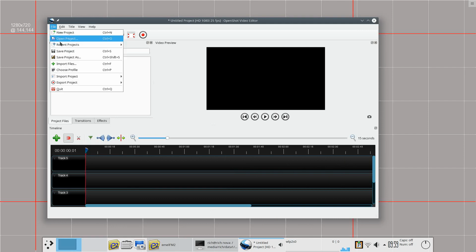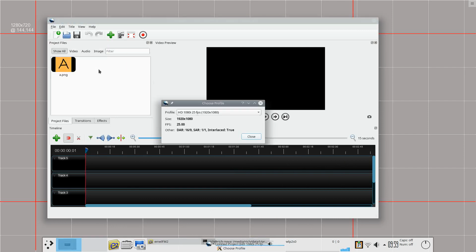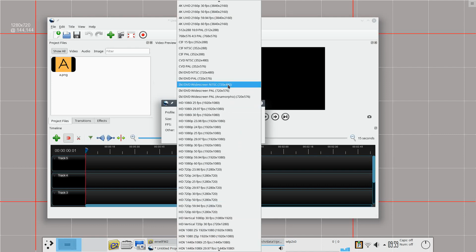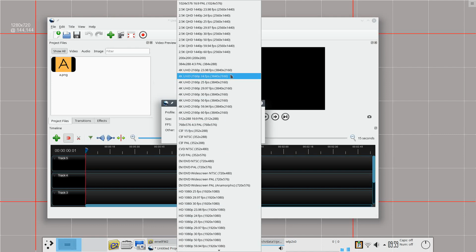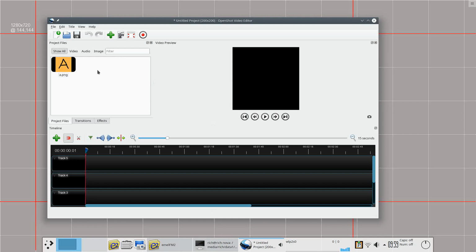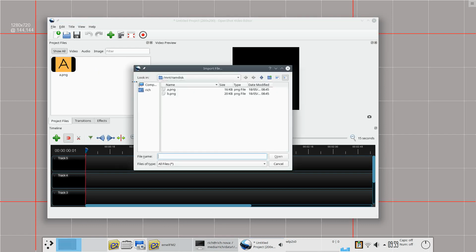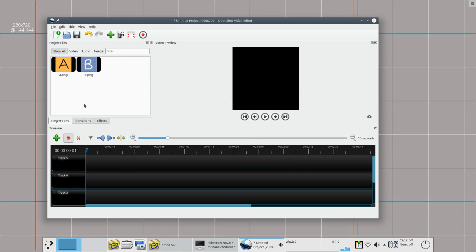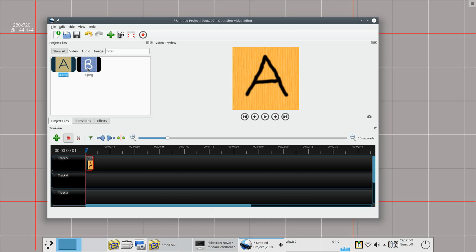I've got one image already in there. I'm going to first of all set a profile, and if you hunt around you'll find that it's been added. You can see there 200 by 200, FPS nearly 10, and this bit DAR 10 to 10. Close that, set it first. Now I'll go and import a second image,